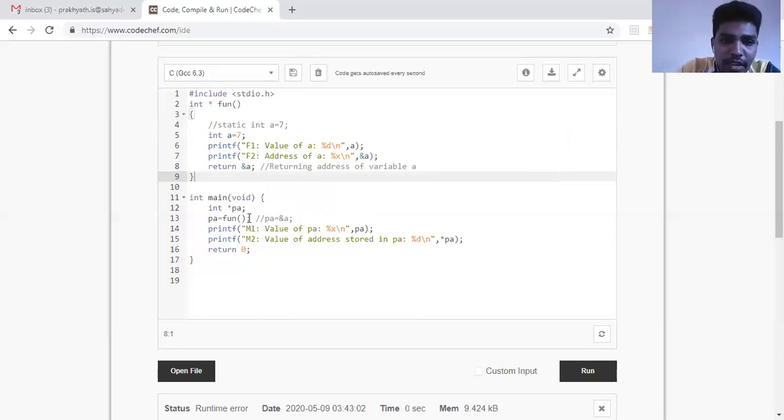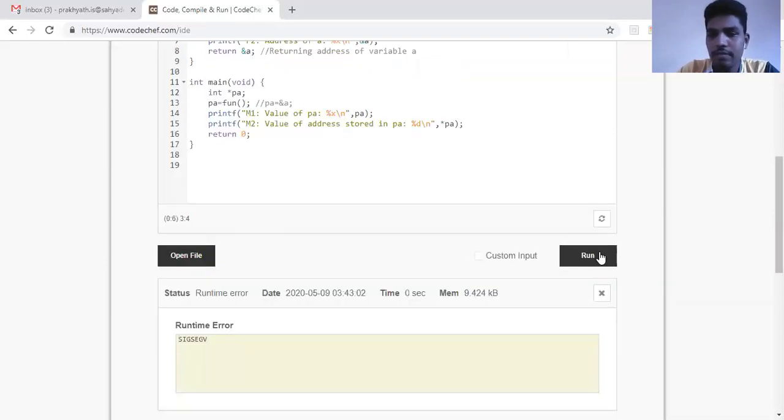So that's why you can see here I have called the function. It successfully runs the function and stores the value in PA. Then the function will die. So when the function expires, all its local variables are garbage collected, erased. That's why you are getting a logical error, because the variable was going out of the scope when the function ended. So in order to make it in scope, I gave it a global scope. And how did I give a global scope? Using the keyword static. So it was giving me a runtime error.